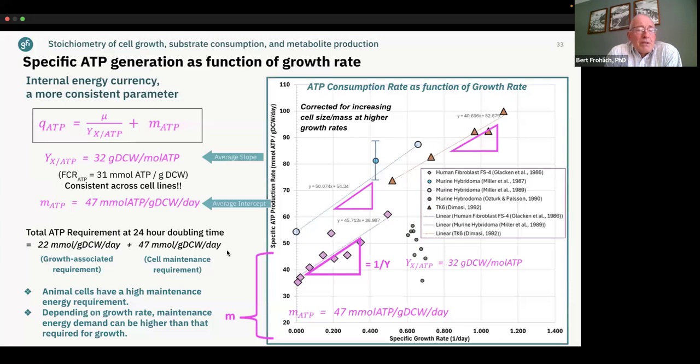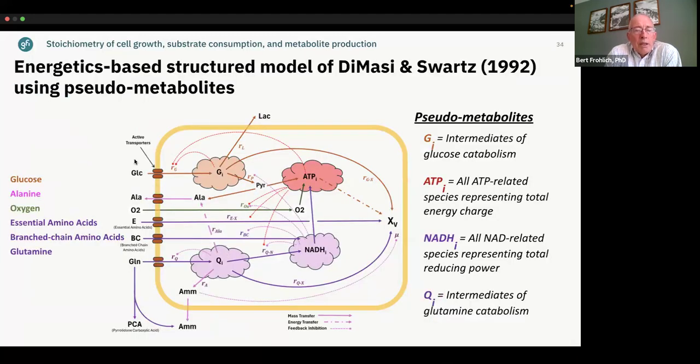So what does that all mean from the modeling standpoint? And we don't have time to go into this, but we started looking at literature for models that would account for the energetics in a cell, and we frankly did not find very many. And then I remembered that a co-student of mine at Tufts University, who was getting her PhD at the same time, Don DeMasi,